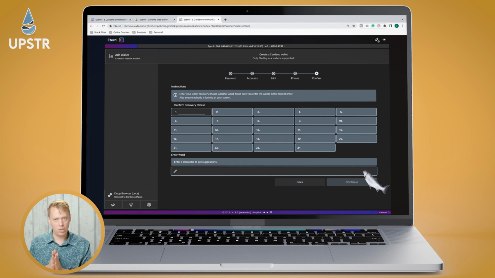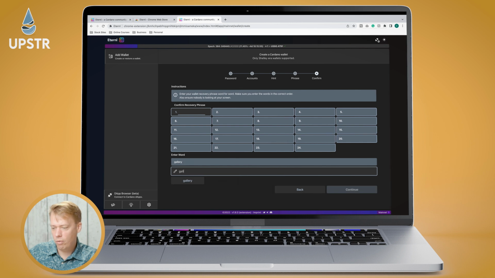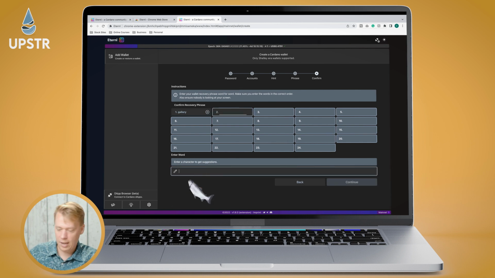Now they're going to test you and they want you to write the recovery phrase back in, and this is roughly what it's going to look like if you do actually have to recover your account. So just write them all back in again. Once you start writing, it'll actually come up with the suggestion down here just to write it back in again. So let me get these done and then I'll be right back with you.